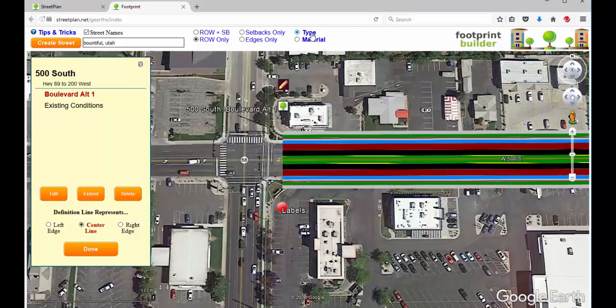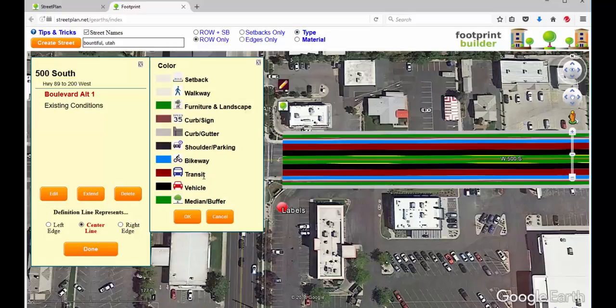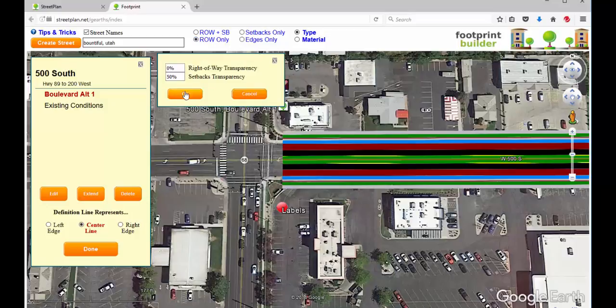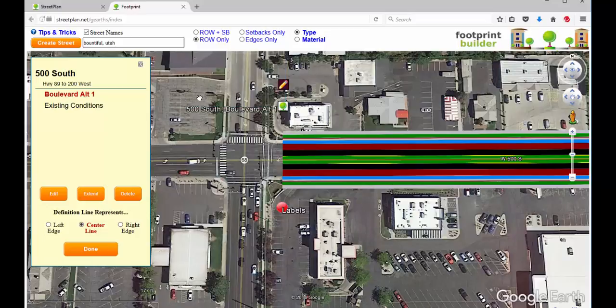And if I click on the type to see the options here, it shows me that anything that's furniture and landscape would be green, bikeway is blue. If I click on this right-of-way only, which is currently selected, I can also set a transparency. So if I say 50% transparent,